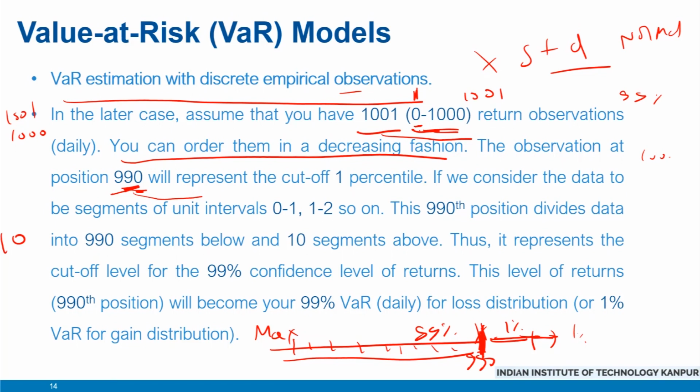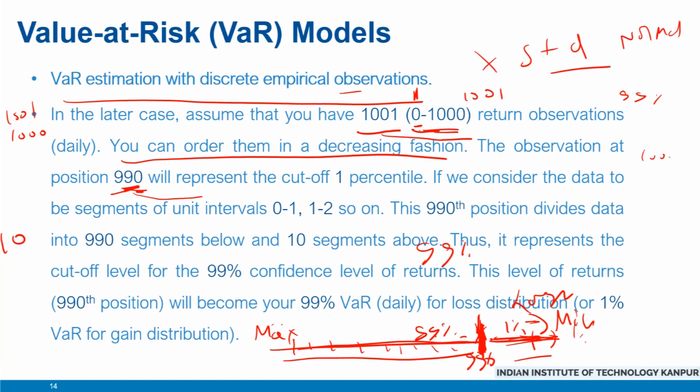That means if I choose this cutoff value, then 99% of the intervals will fall on the left and 1% on the right. This 1% is the extreme sort of observations, and therefore this cutoff point becomes my 99% daily VaR, because it segments the entire horizon into two segments of 99 versus 1%. Obviously, because we have started with the maximum value here and the minimum value here, this is our loss side where negative returns or negative losses are there. So this cutoff value will become the point at which we can be 99% confident that my maximum loss will